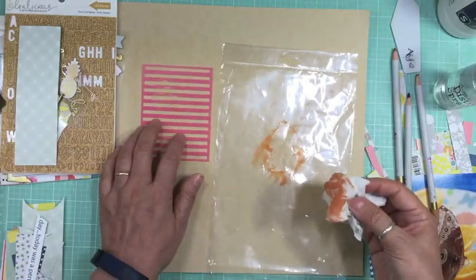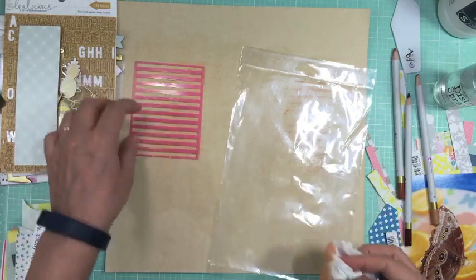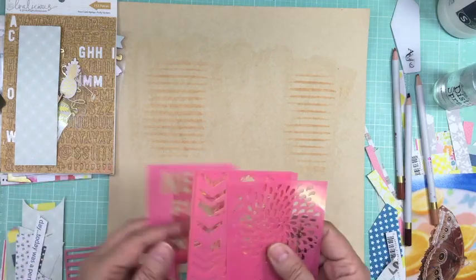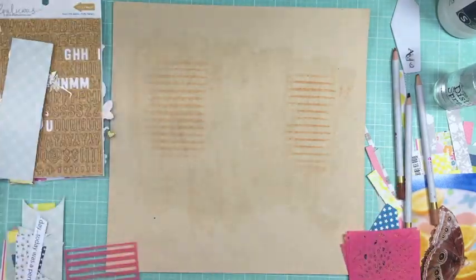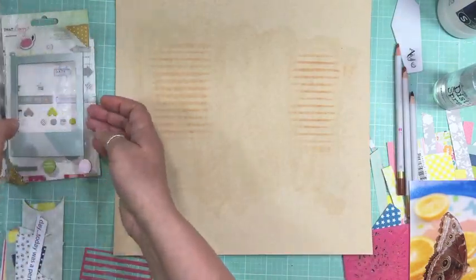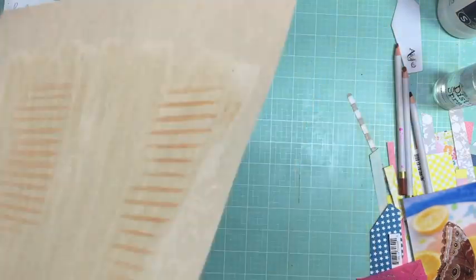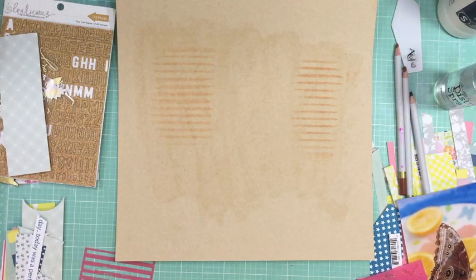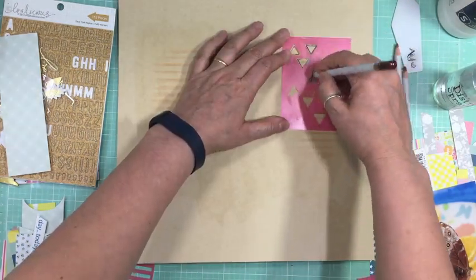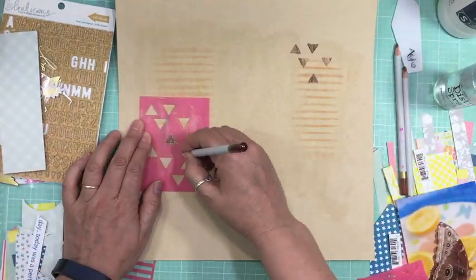So now I'm going to use some watercolor pencils, and I believe those were from my stash. We did get some in a color add-on last month, and I love them so much that I went ahead and bought a whole bunch of other ones, and I've been using them quite a bit. So I took out a few brown colors from one of the color kits, and I used one with a dry baby wipe, and I just followed the template and it added some horizontal lines. Now I'm taking another pencil and it's a darker brown, and I'm just coloring in the triangles on the template,